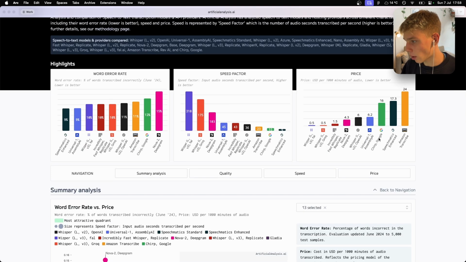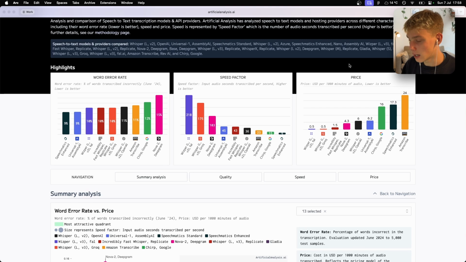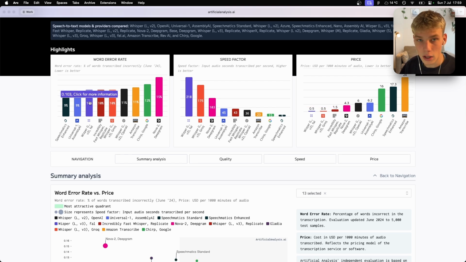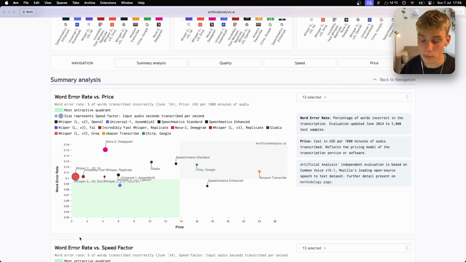Then we have the pricing, which is obviously really important. And in this chart, it's showing you the price per 1,000 minutes of audio. For Amazon Transcribe, as you can see, the highest price, we have $24. And for Whisper Large V3, we have 0.5. So as you can see, we have extremely high speed, extremely low price, we have the lowest price and the highest speed, and we have the third lowest error rate, which makes Whisper Large V3 the best transcription model by